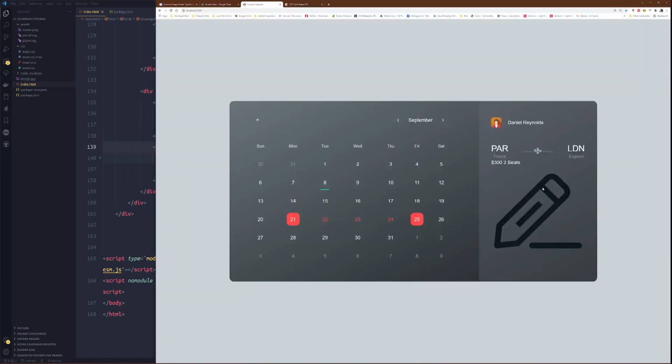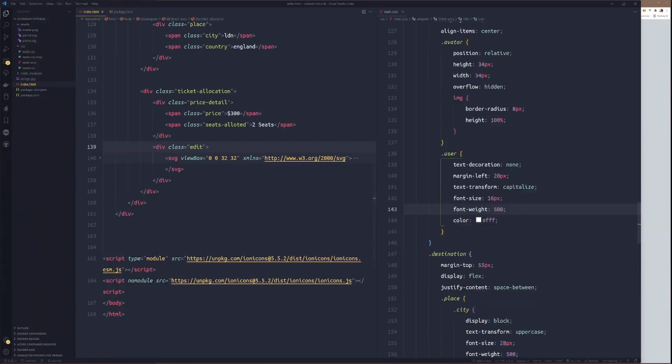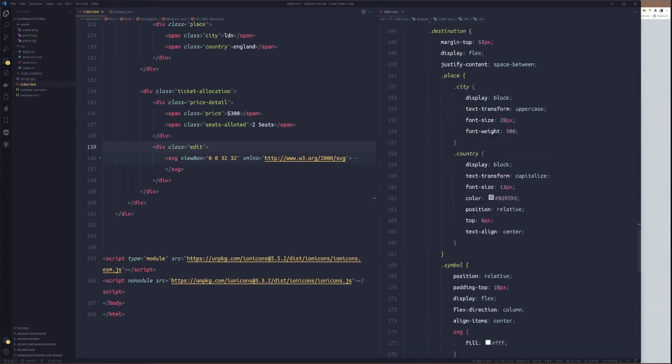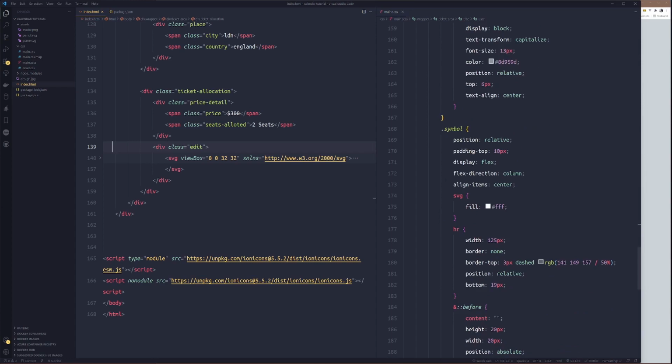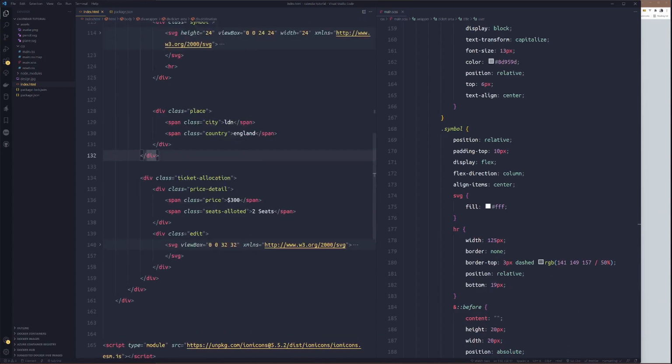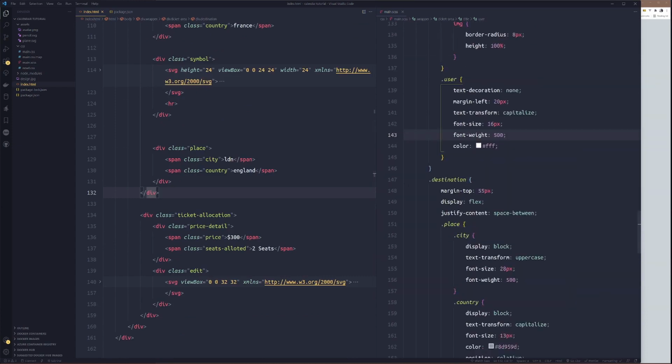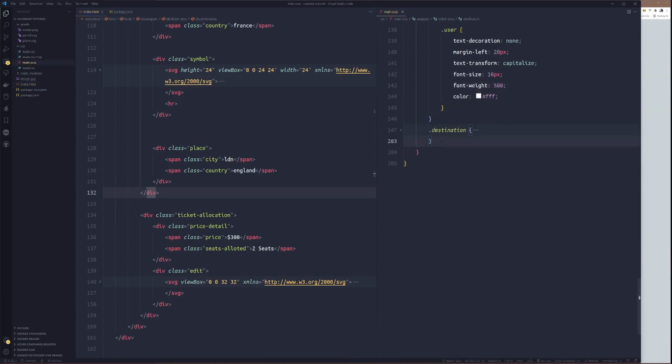So now, time to style. To style this, we will target ticket allocation. After destination. Okay.